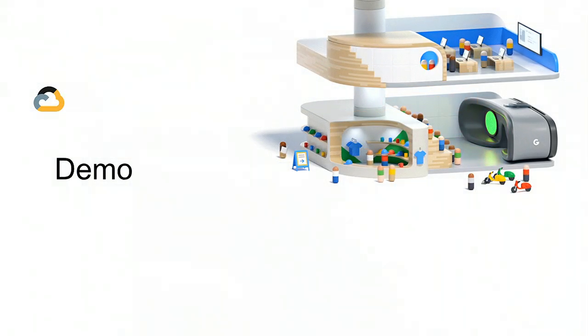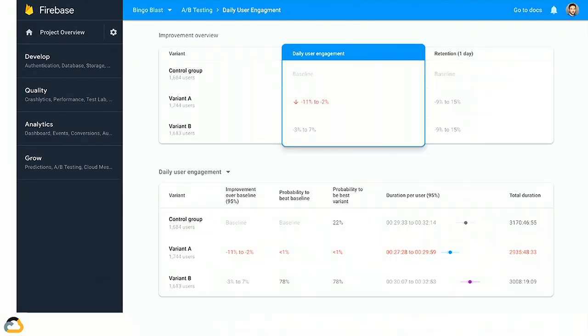As I explained, I just started this experiment, so I won't have the data ready. But there was another one, actually. I did an experiment before. Here, I can see clearly with different variants that one of the models ended up having a lower user engagement, and the other model made my users actually stay more. Maybe they really found what they were looking for in my app using this new model. So using these experiments, I can really find the best model to use, and I can even iterate and get better models from there.